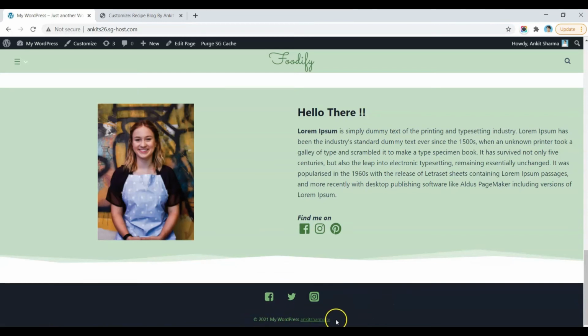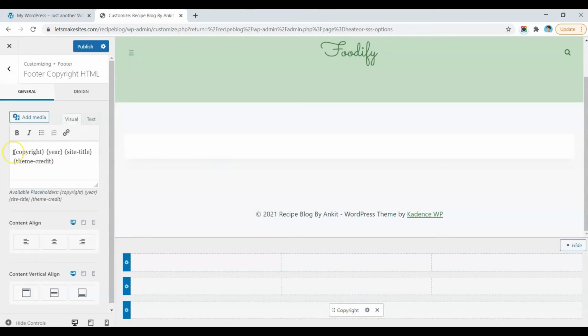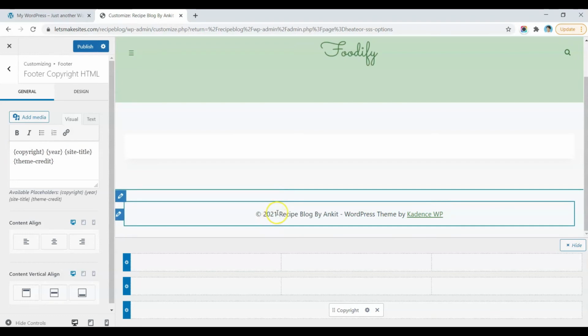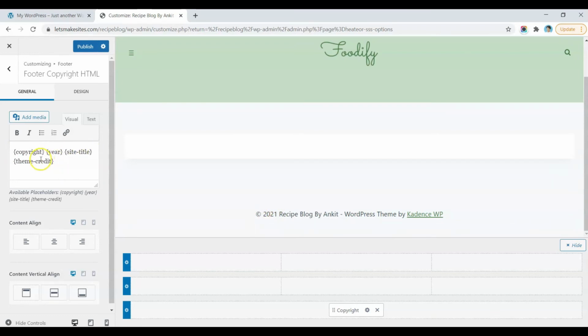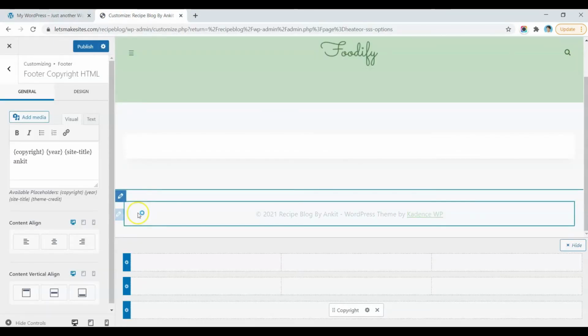So if we go ahead and click on this copyright information, here it's using the variables which will automatically fetch the details of year, the copyright icon, and the site title. So whatever blog title you give, it will be visible here. So right now, instead of Kadence WP, we will be writing our own website link, or maybe you can play around with any text. So maybe like the live one, I'll write my website name,